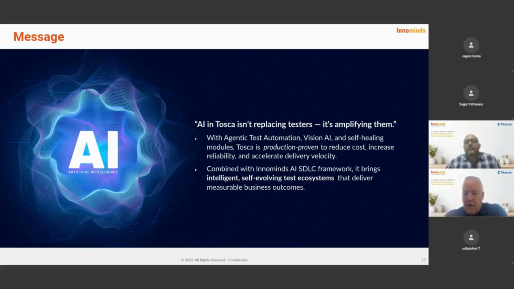Excellent. And one last one, and I think I can tackle this one. What specific advantages does Vision AI provide when combined with generative reasoning from LLMs? So as we talked about, Vision AI is the eyes of the LLM. It's basically facial recognition for doing UI level automation. I mentioned earlier, if it looks like an edit field, regardless if it's hand drawn or actually on the screen, we're going to treat it like an edit field.